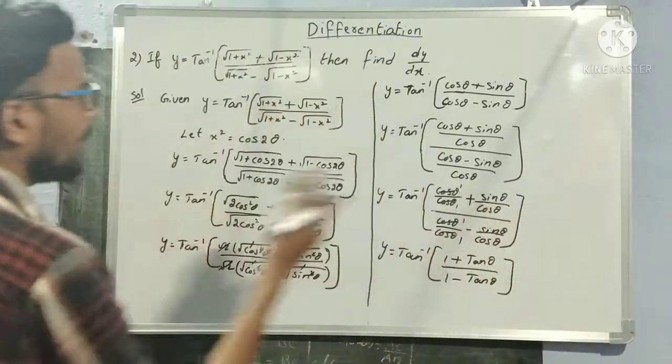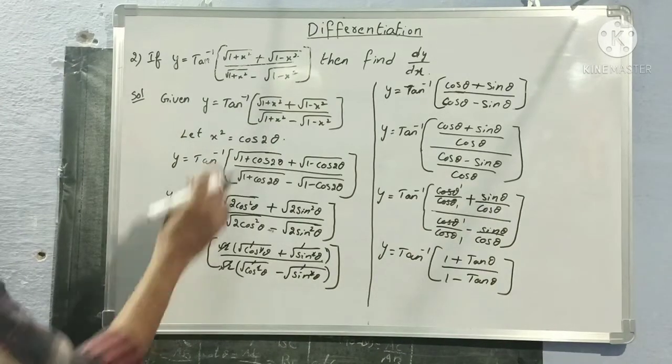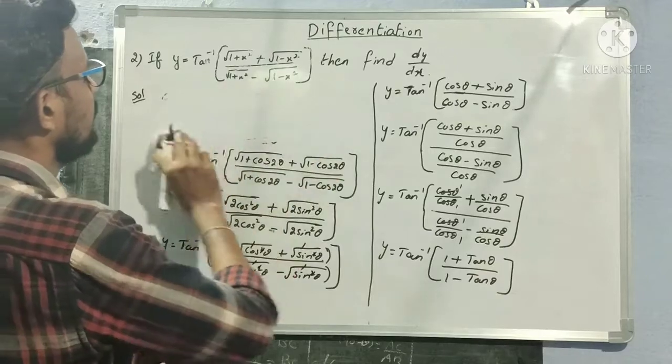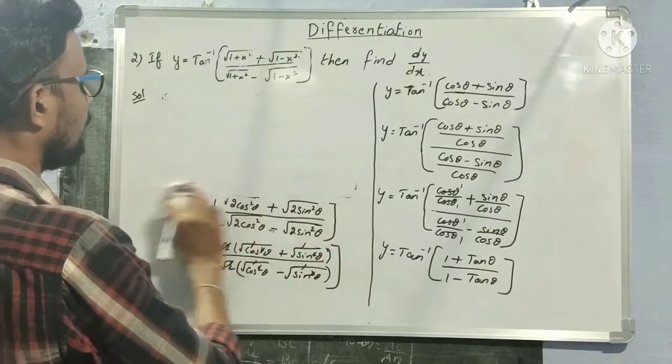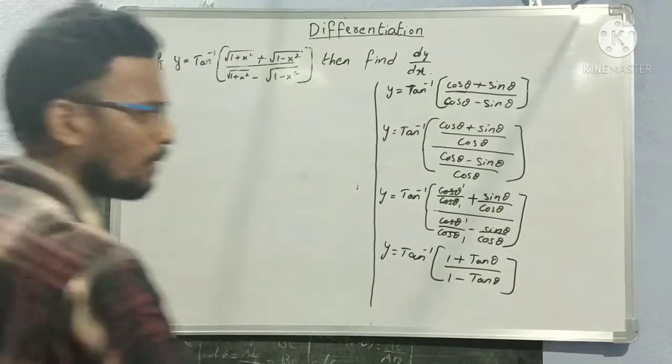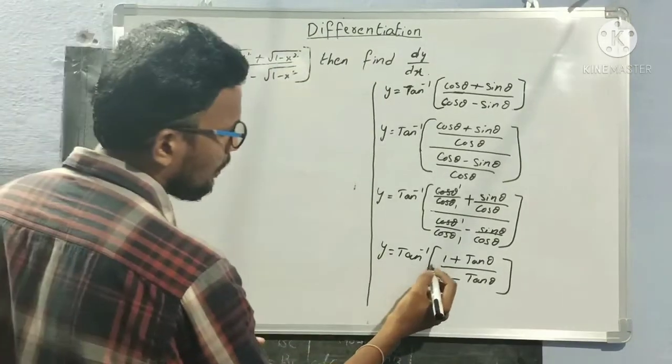Up to here everybody understood? All 6 steps? Yes. Now let us continue from here again. Still half the problem is left, only 5 or 6 steps. Let us continue now. So now I am getting y is equal to tan inverse of 1 plus